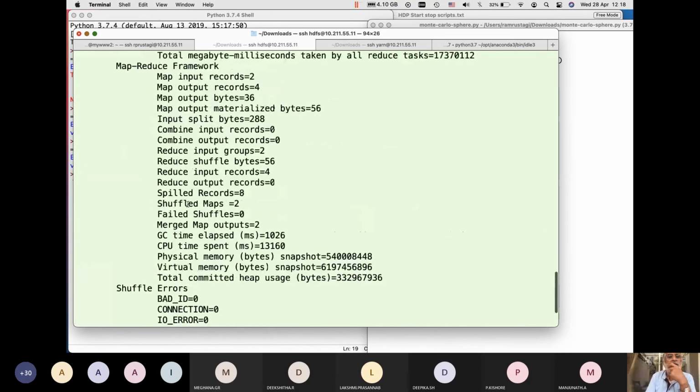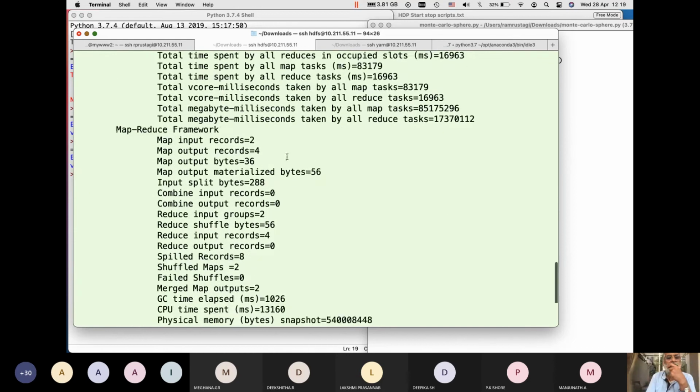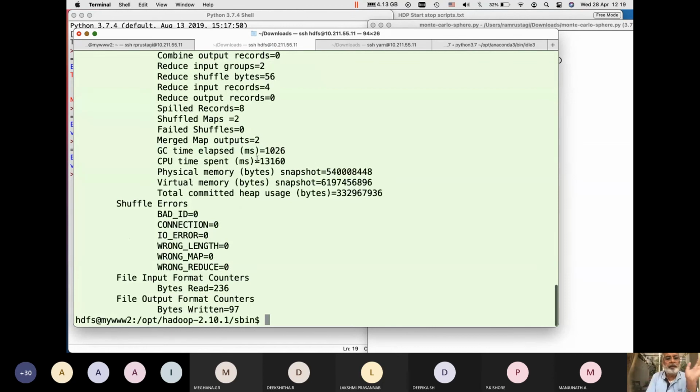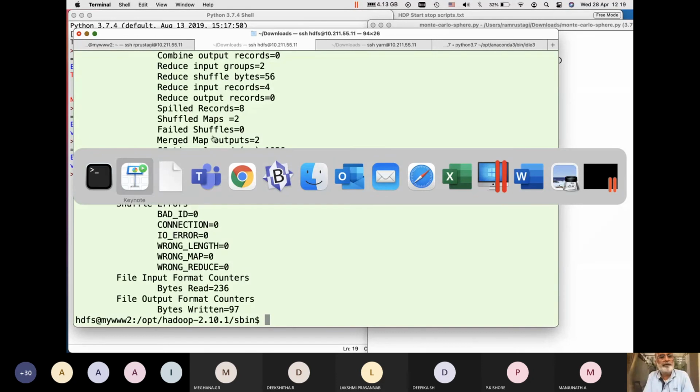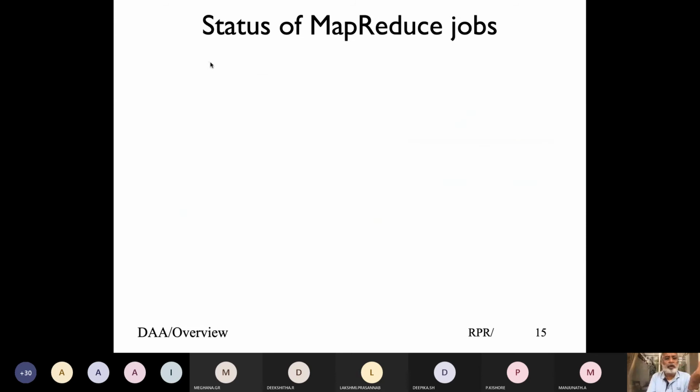So it gives you the information. If you look at it: launched map tasks 2, reduce task only 1, map input records, because we ran with 2 instances, each maybe gives you 2 outputs, so total 4. Map output bytes is this, you get all those details. It tells you about the job. It doesn't give the output of the program, it tells you about how the job has been run. So you can look at the status, or you can look at the UI to look at those jobs.